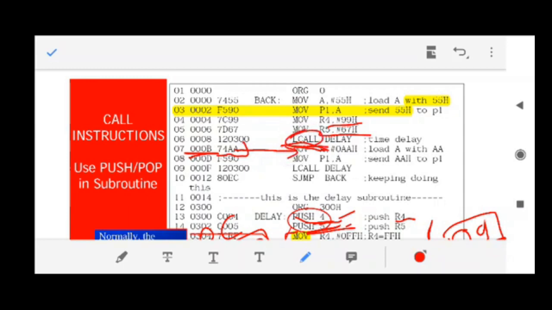Let us see. 00b is exactly the next instruction of lcall. Fine. So this is what a long call means. This is what a call subroutine means, and this is how a stack is operated in the 8051.